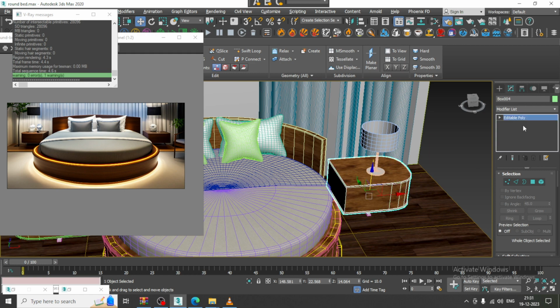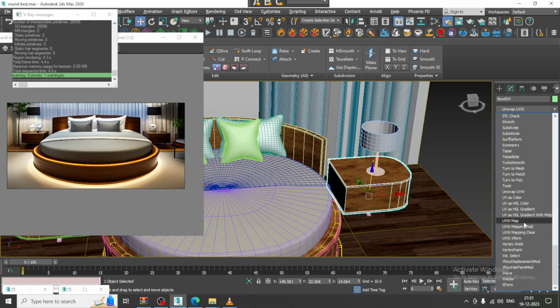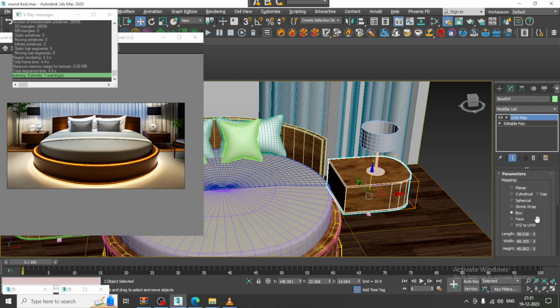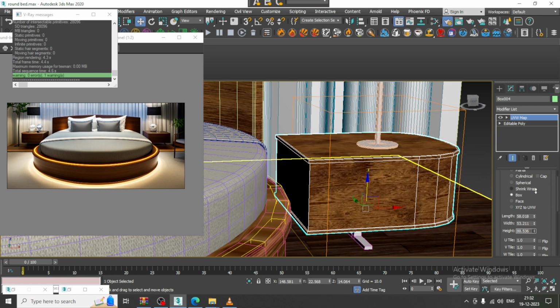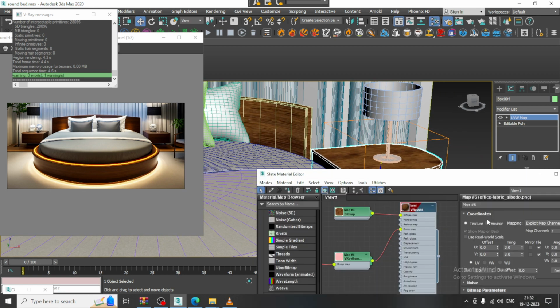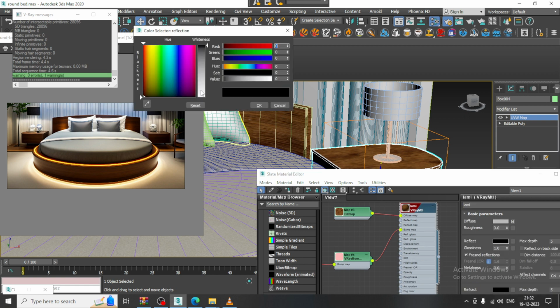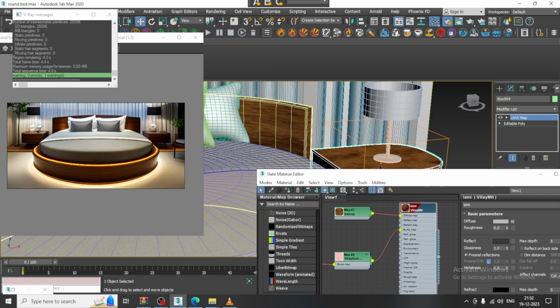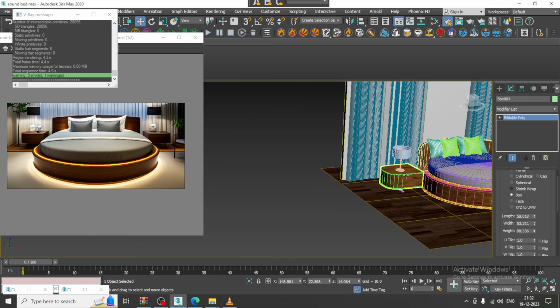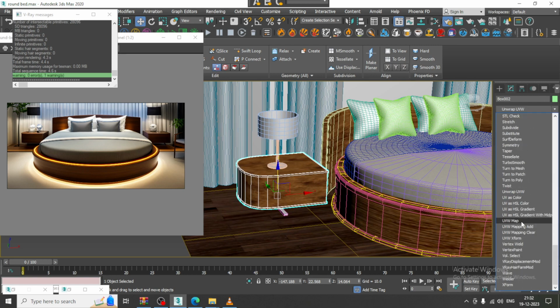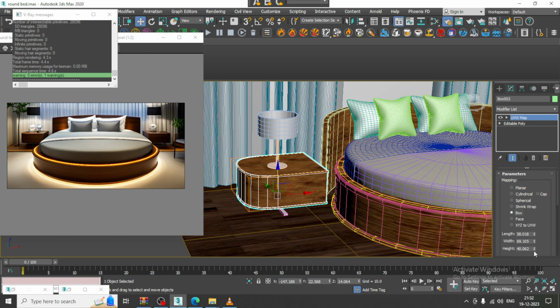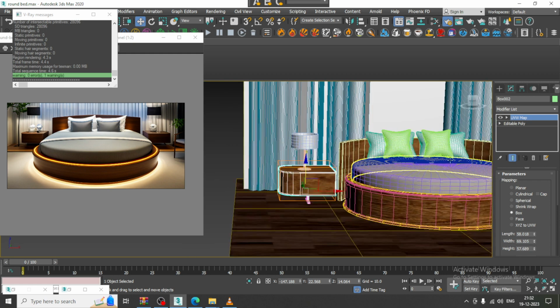So we are going to assign the same texture for all of this. Set it as a box, slightly increase its height, and if needed I can give a bit of reflection to it. Alright, so some reflections can be added if needed over here. Again I'll give a UVW map, set it as a box, slide. Alright,